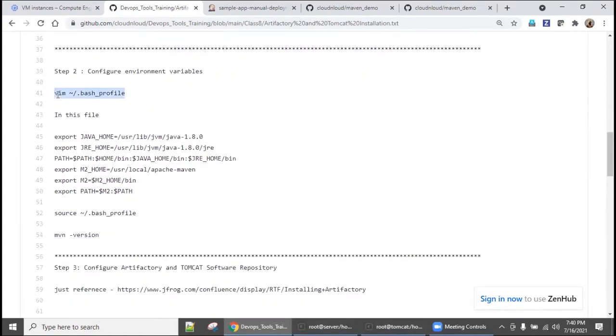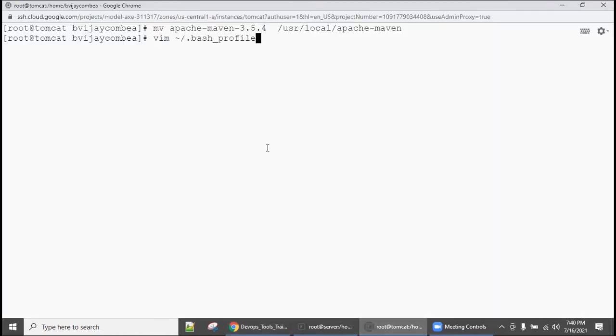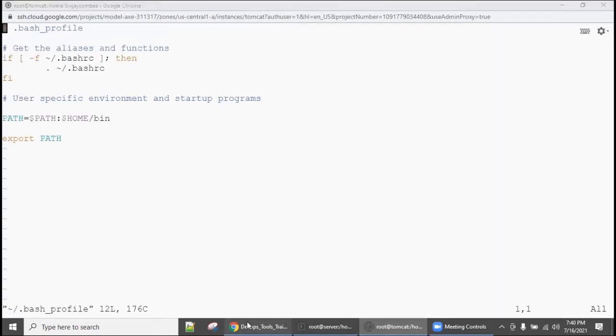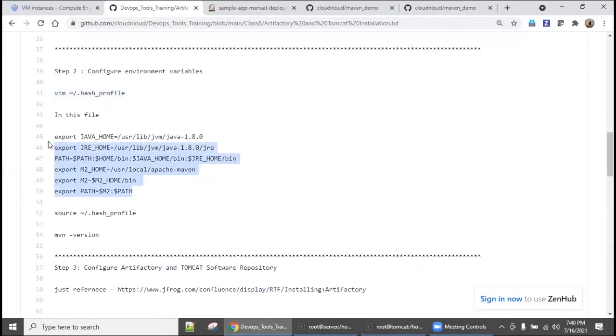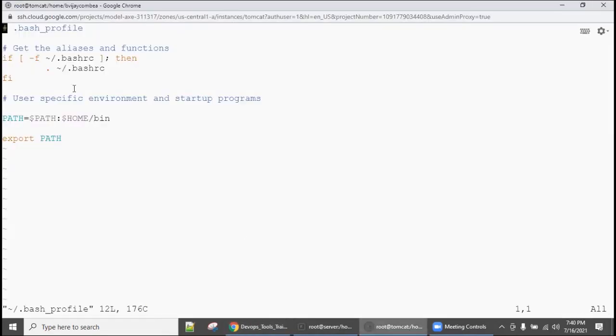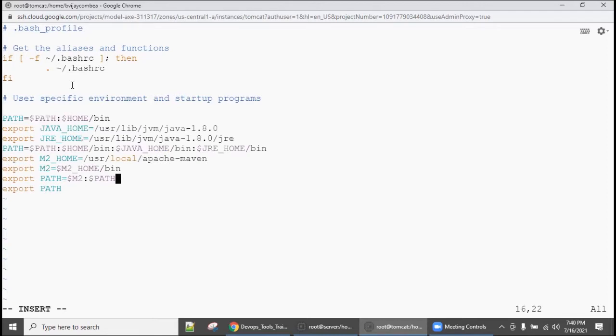If you want it global, check the etc profile, but I am doing it in my profile, bash_profile. Copy this, come down. Before export path, you need to press insert and paste it, and add a colon. Write and quit, wq.